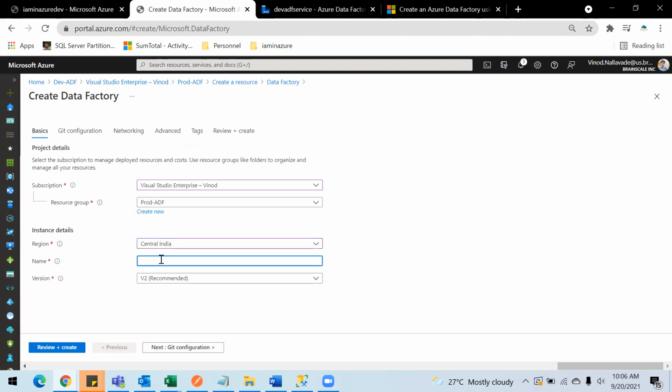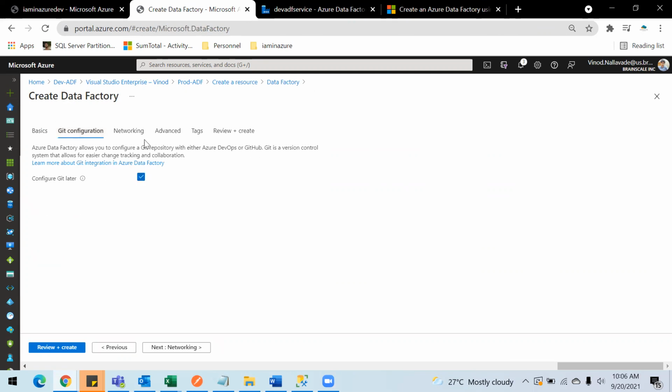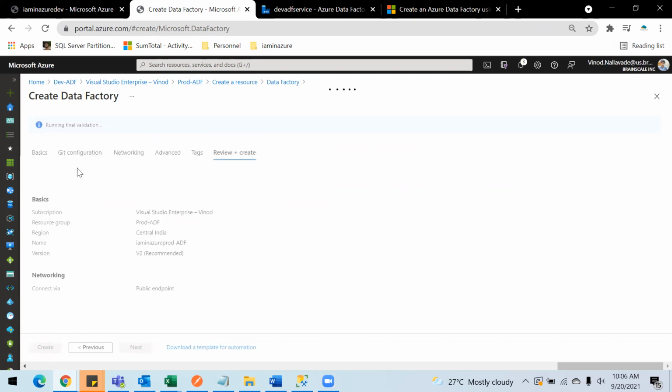Then I'm going to name this data factory service. Then the version to be the default values. Git configuration, I'm going to enable it later in further sessions. Keeping the rest of the things to be default, I'm going to create this.